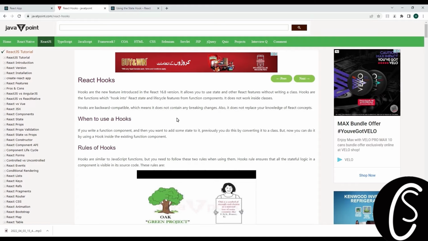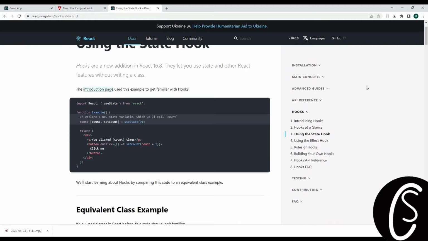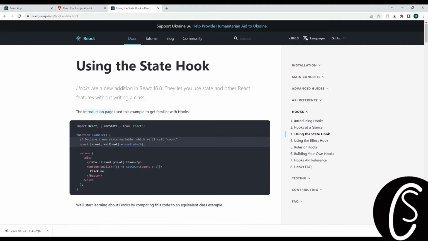So basically, we have many hooks. For example, I'm on the React.js official website here, and it has a useState hook and many other hooks like useEffect and useNavigator. So they have pre-built hooks, and you can also make your own hooks. Okay, so I'll explain it to you, and I'll provide you some practical examples as well